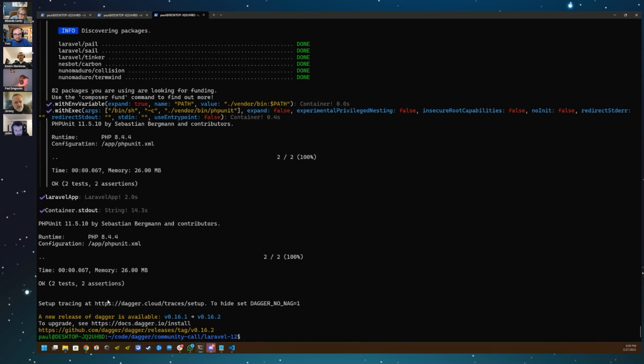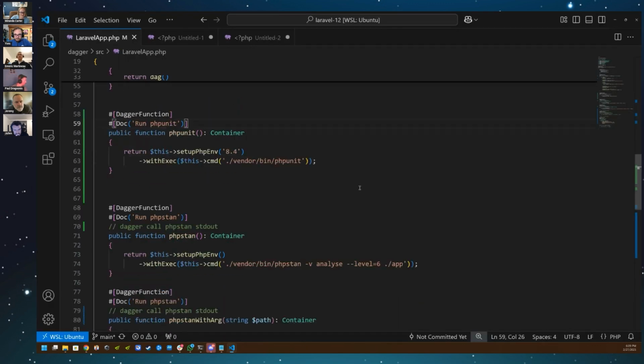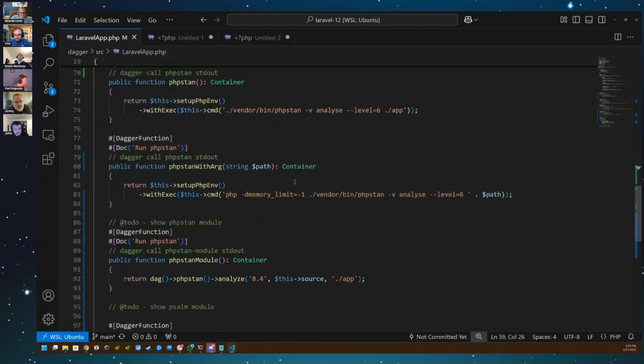I did set up tracing, but it's on another terminal. I guess it's not, I've not saved it. But tracing, one sec, I'll show that. This is great. We can keep going. More things like,